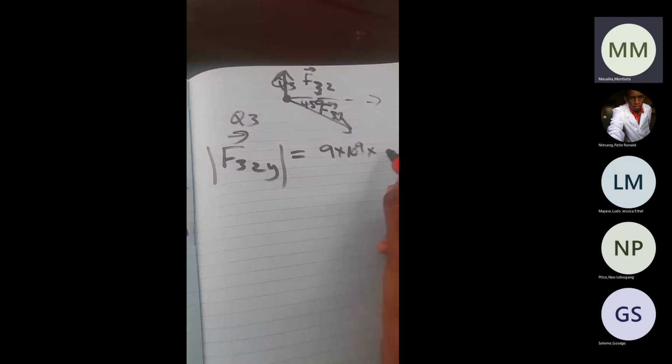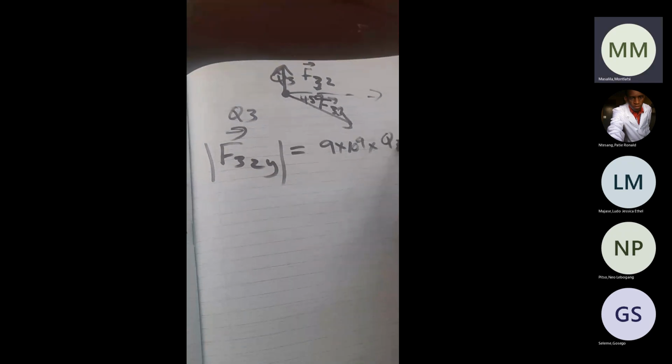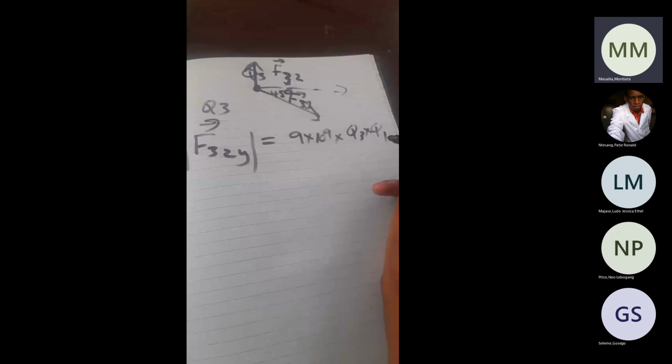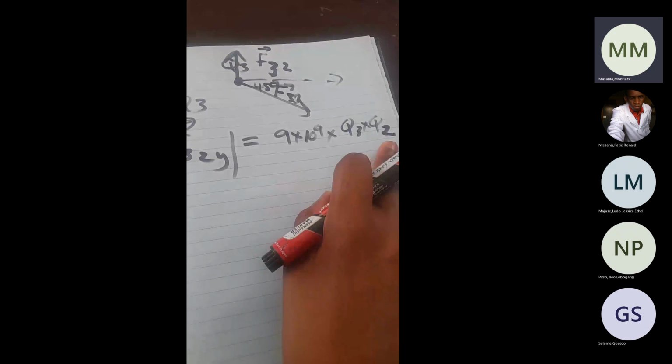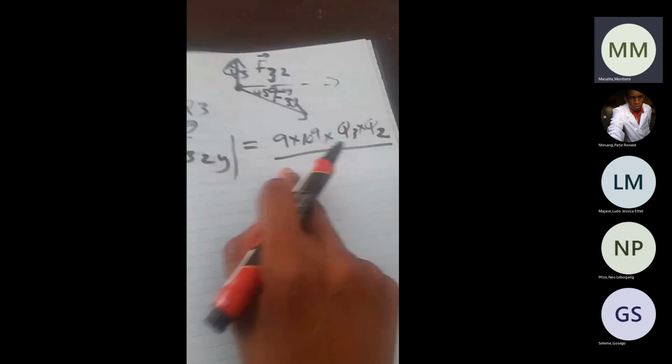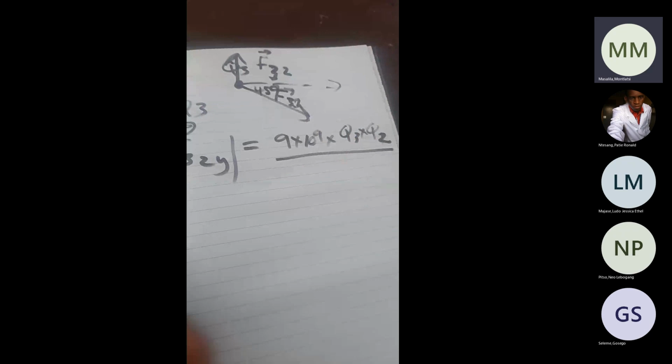Times Q3 here, times Q1 here. Times Q2. I'm going to say times Q3 times Q2 over the distance squared. So the distance